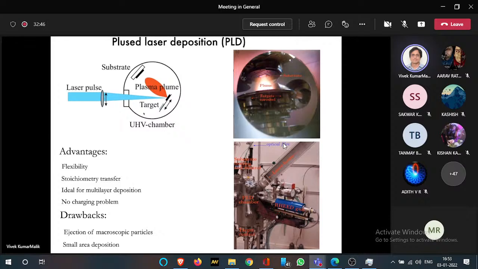How do we make these films? How do we grow this kind of artificial layer? One way is something called the pulse laser deposition technique. What you have is something called a target. So you take a polycrystalline target, you make essentially a YBCO thick kind of a pellet, and then you put a laser pulse on this